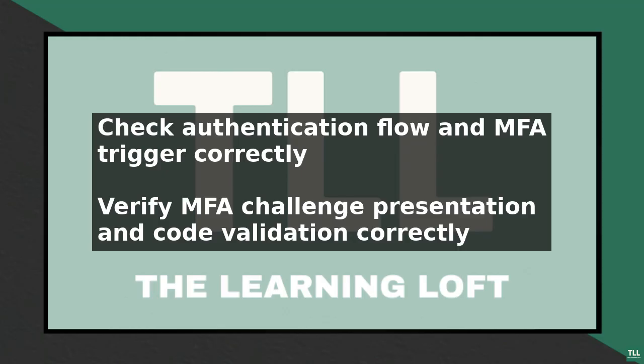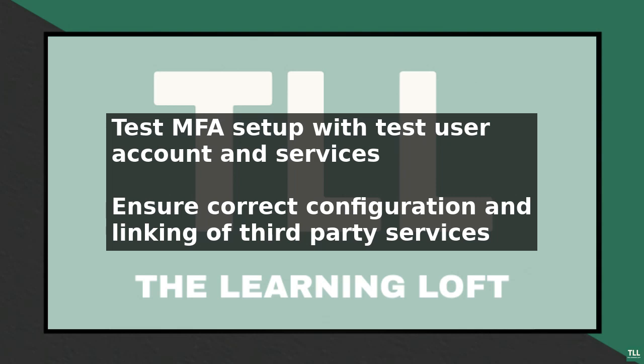Common issues with AWS Amplify MFA setup include incorrect configuration, mismatched MFA settings, and issues with the authentication flow. To troubleshoot these issues, check the AWS Amplify documentation and logs for error messages and verify that the MFA settings are correctly configured. Best practices for troubleshooting AWS Amplify MFA setup include testing the MFA setup with a test user